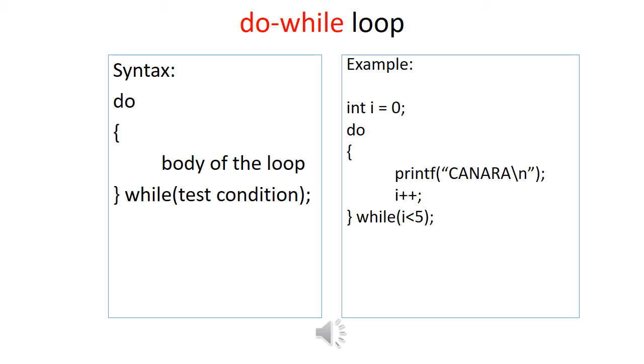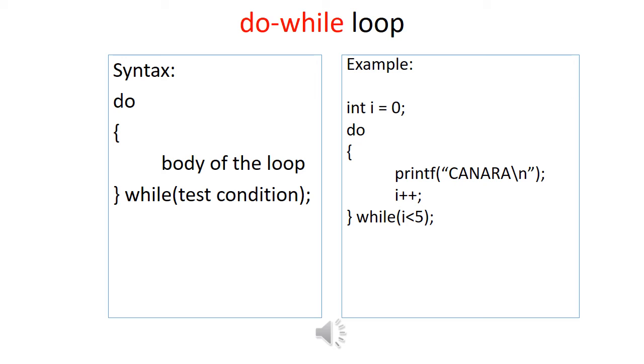Now I have initialized it to 0. First printf Canara will be printed, then after that I will be incremented by 1. So now next, while I is less than 5, the condition is executed. So now 1 is less than 5 will be tested. Because 1 is less than 5 is true, so again the control will go back